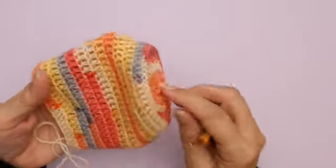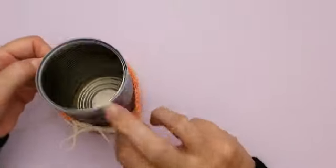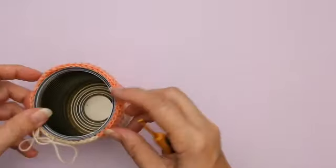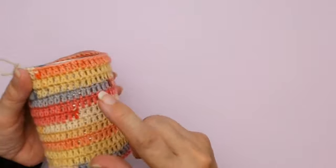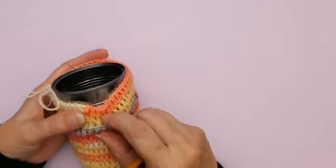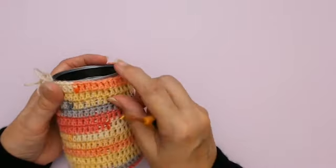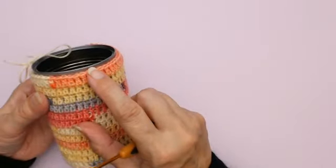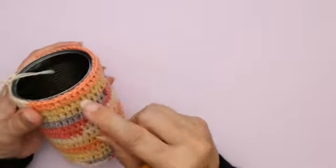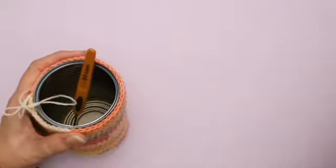So I've got all my rows done, and that fits my can. So pop the can in there. Now I've got it so that it just comes up to the top of the rim. Now what you can do is put double-sided sticky tape around your tin to hold it in place so it won't fall down, but it goes a little lower than the rim. I don't want to put another row on or it'll be too high,